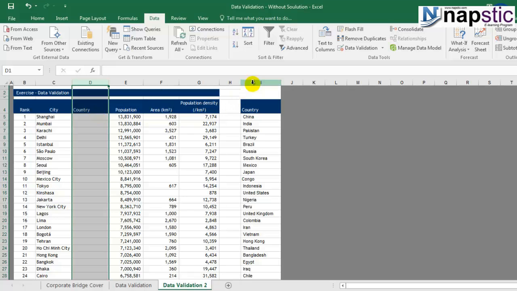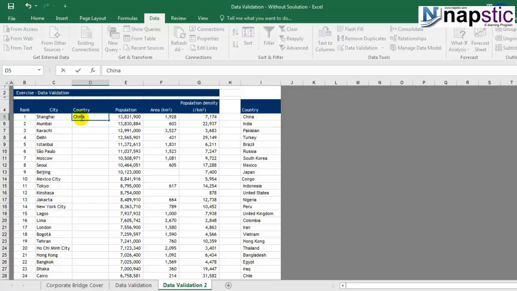One thing you will observe on the right hand side is that we have a master list of all the country names. So what you could actually do is manually look at the city, look at its corresponding country, and then fill in the data mechanically. For example, Shanghai city belongs to the country China. This is our master list, right? From this list we can easily identify that China is the country. So you can go here and type in China and do that work for all the cities.